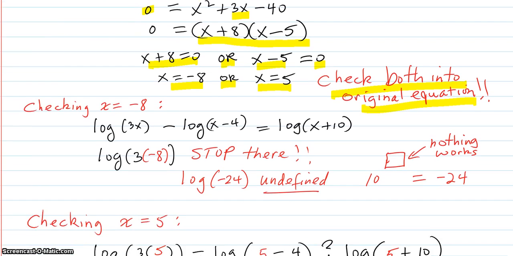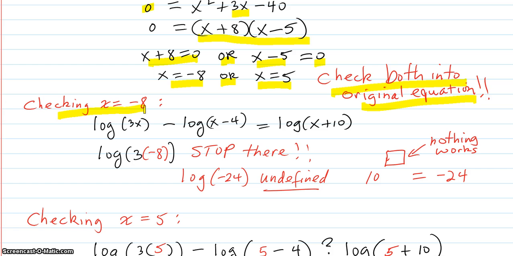So checking x equals negative 8, here's the original equation. Put the negative 8 in for x right there. And you can stop right there. You don't even have to check the rest of it, because log of negative 24, 3 times negative 8, is